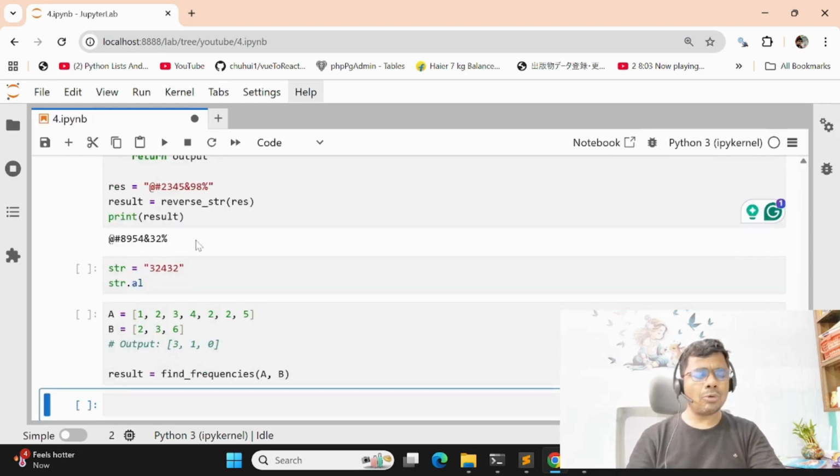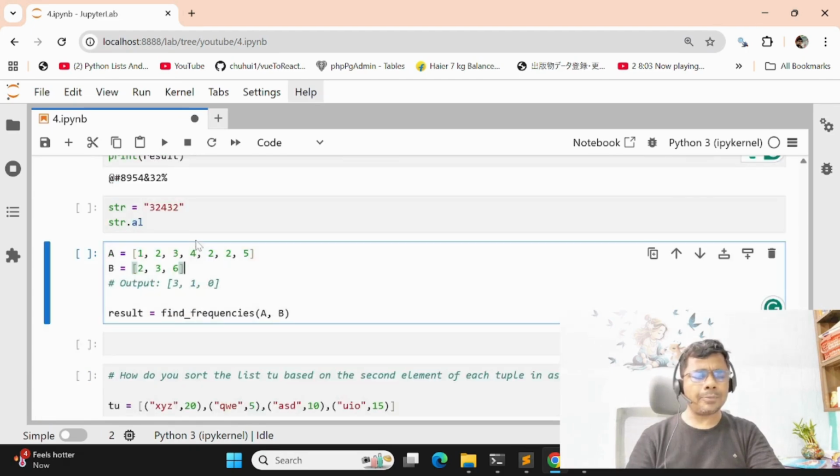Then we'll go to the next program. The next program contains one list containing a number of integers, and another variable containing 2 3 6. Then try to solve this program.